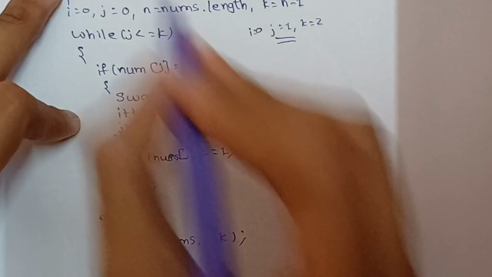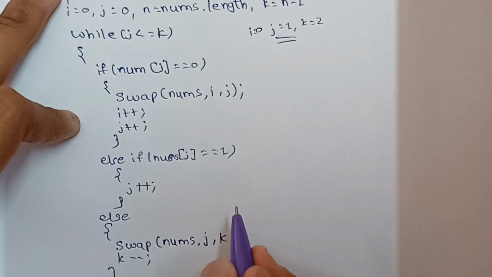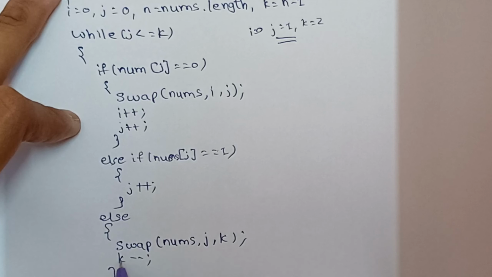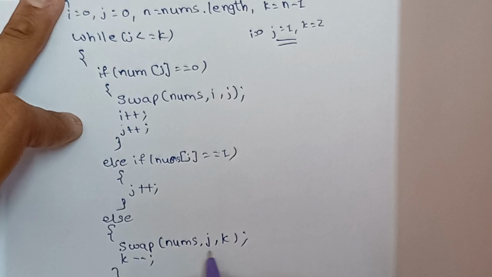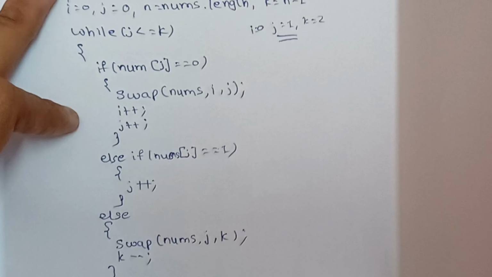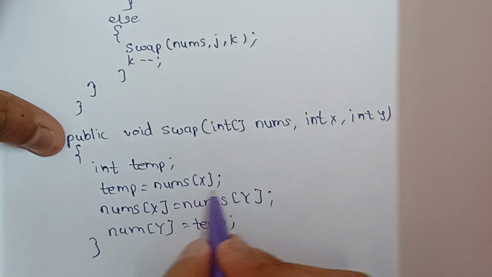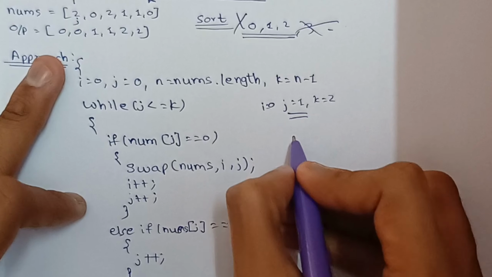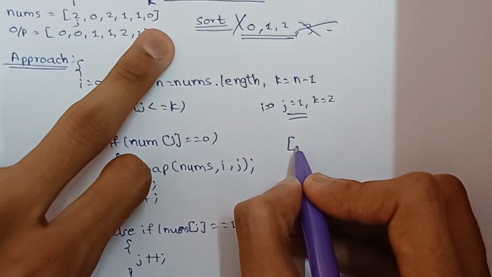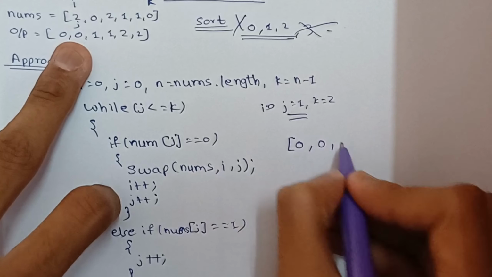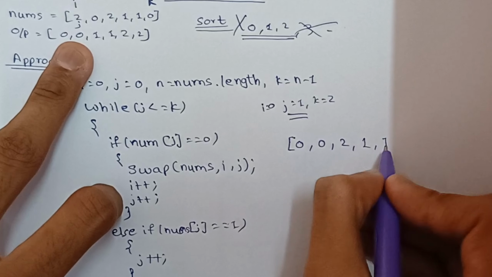Nums of j equal to 2? No. 0 is not there, and 1 is not there, so it will run the else part. Then j and k will be swapped and k will be decremented. At the swap function the k and j will be swapped. So the array looks like this now: k will become the starting element, all elements will remain the same, and 2 will